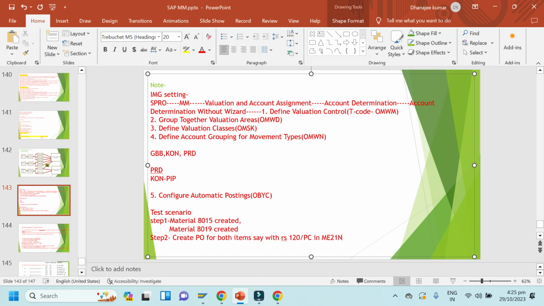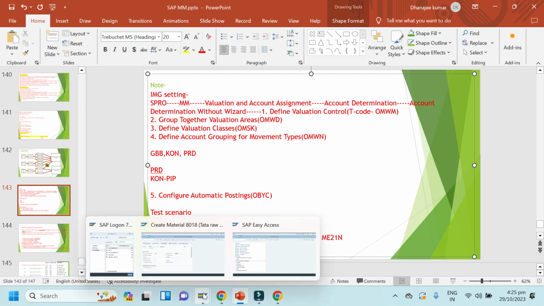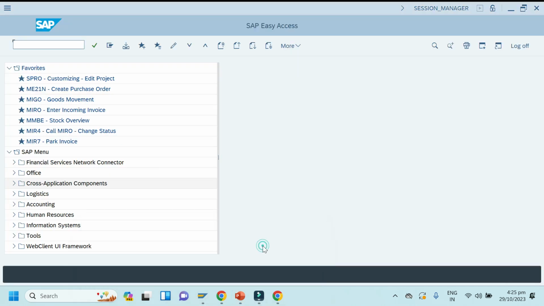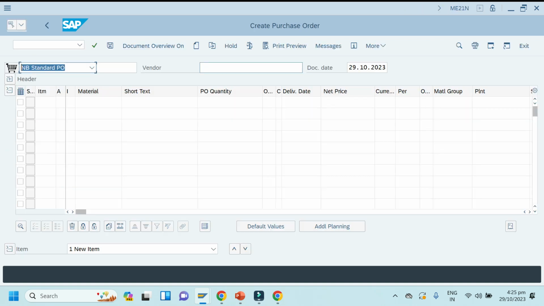So let me create one PO. ME21N. So I'll keep it here, same vendor, material 8015. One minute, let me enter the data first.